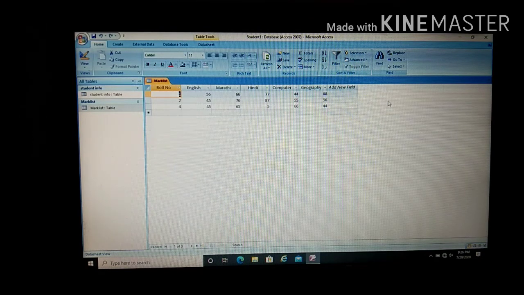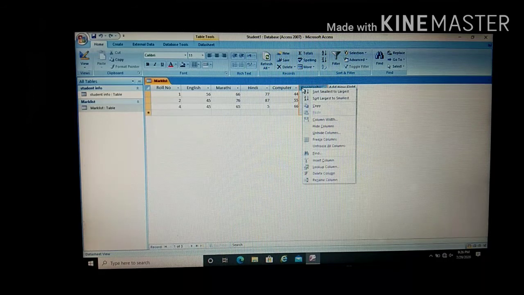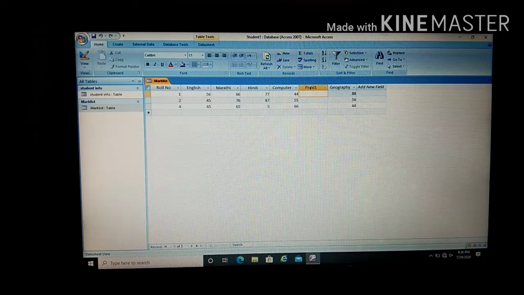So this is not the only way we can insert or delete a record. Again, I told you that you can add the record. See here, you just have to double click, right click, and your insert column option is there. Just insert it. Field 1 you can see here. Just type. Now here I will type maths.